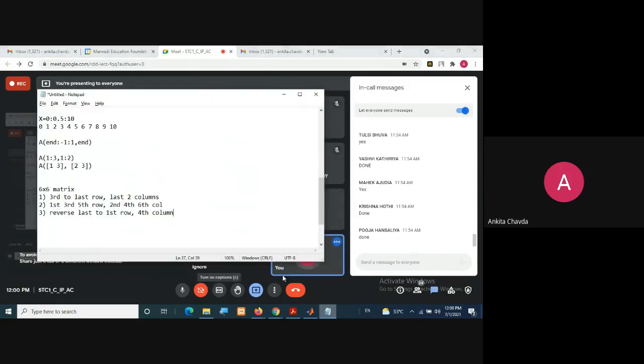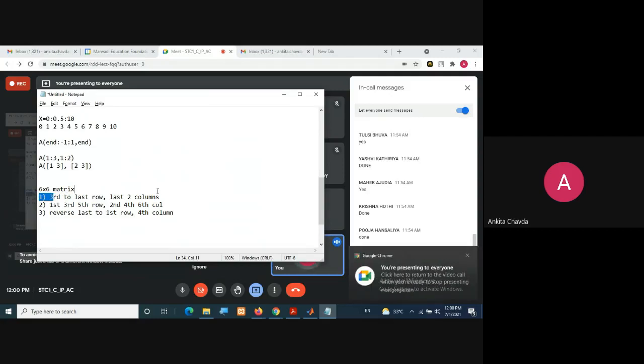If you have created the matrix and want to access this many elements, write down what you need to write in the chat.